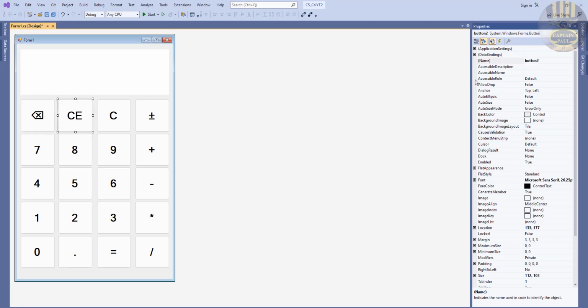This is going to be BTN CE, followed by BTNC, BTN plus minus, I'm just going to enter PM in there, BTN odd, BTN 9, BTN 8, BTN 7, BTN 4, BTN 5,